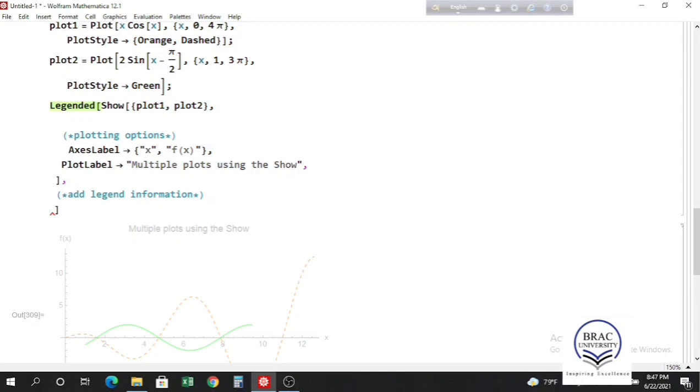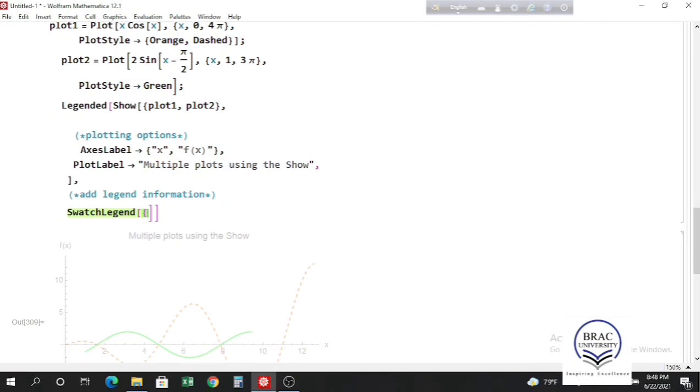So I'm going to use SwatchLegend here. So I can see that I can make an orange swatch and a green swatch. So write Orange and Green